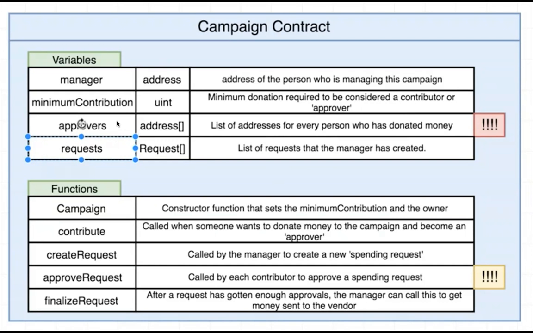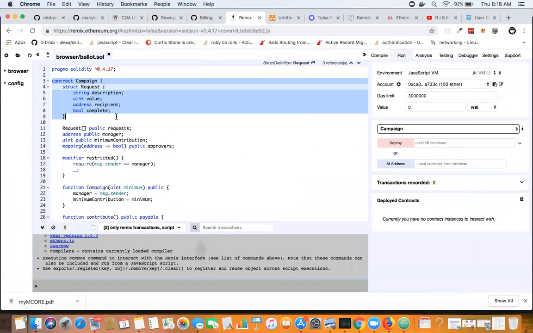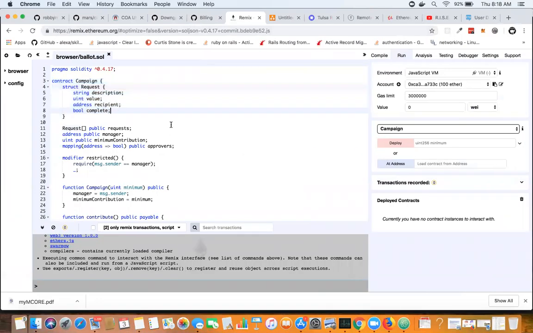So every instance of a request struct inside a campaign will have its own separate approvals mapping. It's going to have the same exact internal type where the keys are addresses and the values are booleans. So here we go. I'm going to head over to Remix, and right underneath the complete flag, I'm going